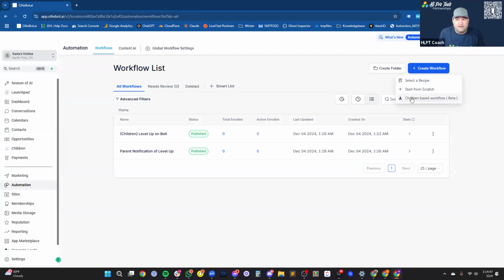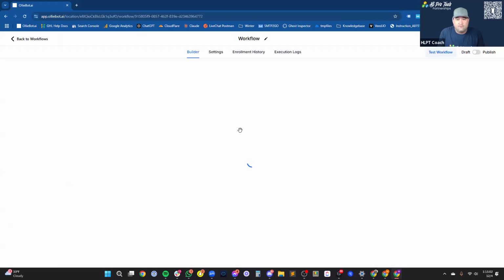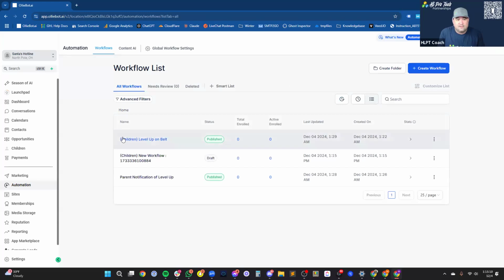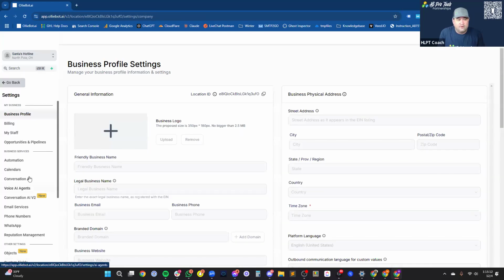So once you create that custom object, you'll see that this new children-based workflow, or whatever you named that custom object plural as, is going to give you the ability to create that workflow that's associated with one of your custom objects. Now, currently, to my knowledge, and let's actually test this, is going in here and let's add